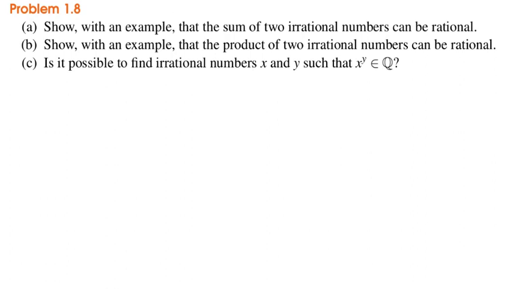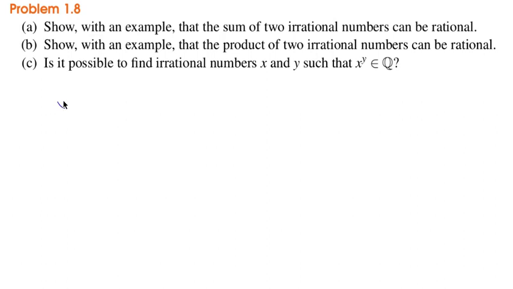Okay, so problem 1.8 is just a few questions about rational and irrational numbers. The first one: show with an example that the sum of two irrational numbers can be rational. There are many ways to prove this because there are infinite examples, but one way to do it is